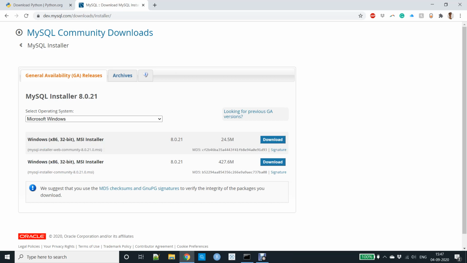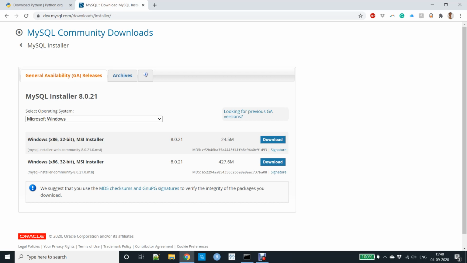This one is of larger size, but you have to install it because it comes bundled with the MySQL client, the MySQL server, and many other packages called dependencies, which together bring about the database activity. So you have to install the second file, the installer community. Once you have installed that, you are ready to go.